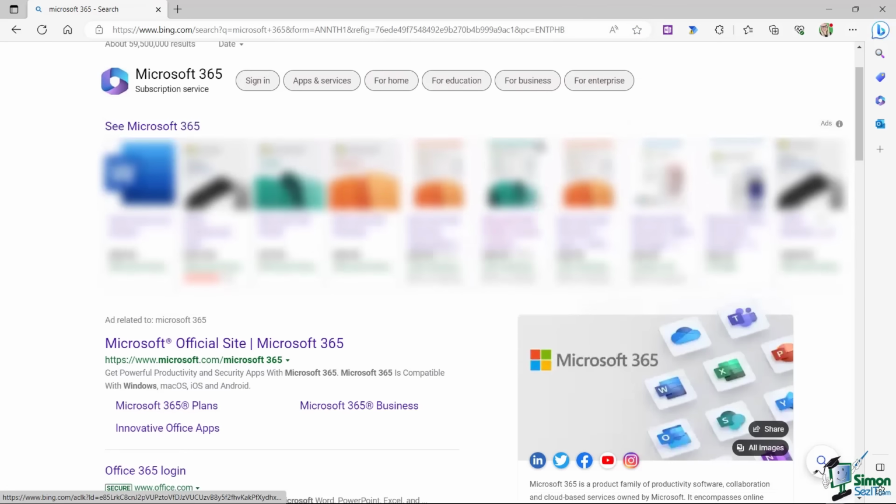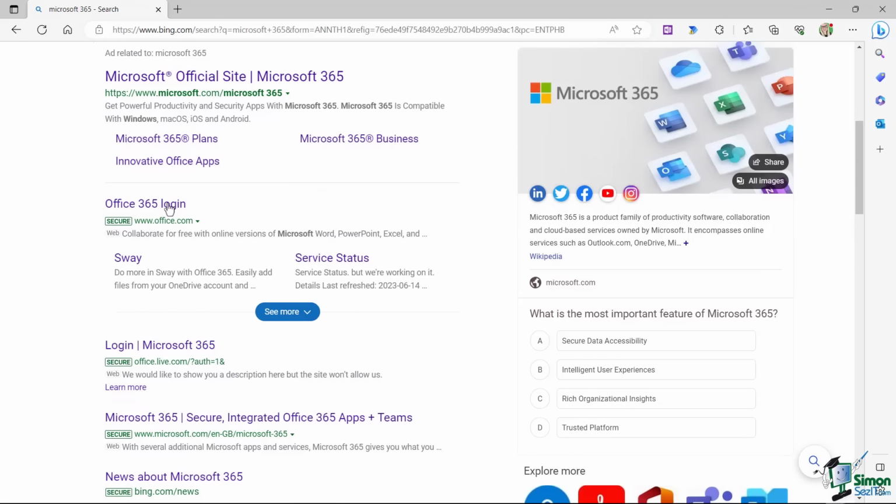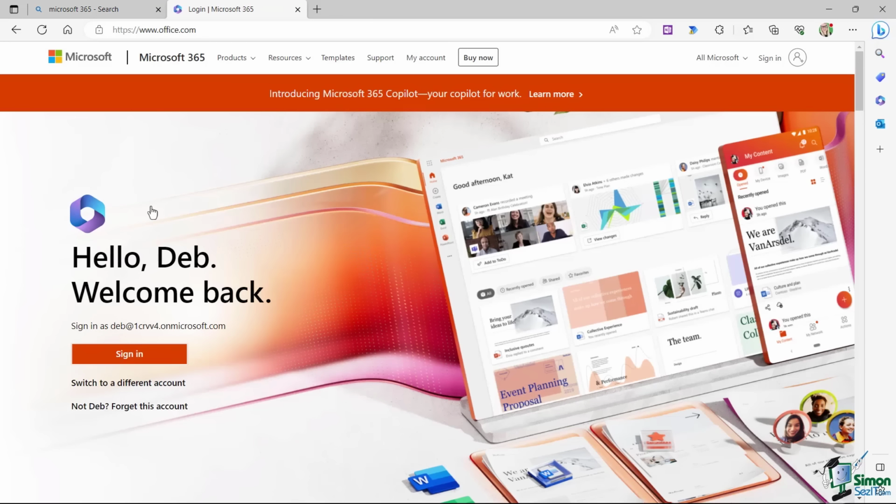And then we should find that one of the first links we can see here is Office 365 login. So let's click on this and it's going to take us across to the Microsoft homepage. Now, what you might find if this isn't your first time logging into Microsoft 365, it will remember you and log you straight in. So you don't have to go through the sign-in process every time you want to access